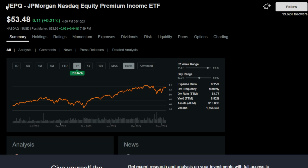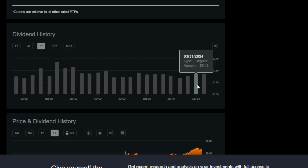Although some of those ETFs out there that yield, say, north of 10, 20, 30, 40, 50% are also sort of fun to look into and use as sort of satellite gamble positions in our portfolios, at least in my opinion. But JEPQ tracks the NASDAQ and also sells covered calls, and by doing so generates a decent amount of